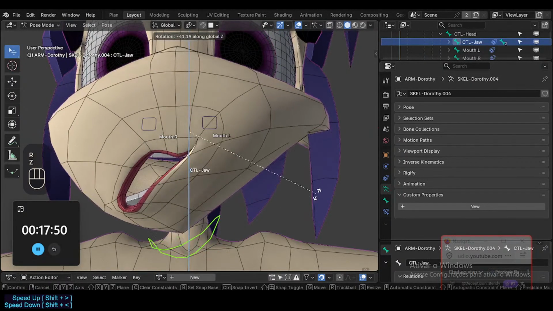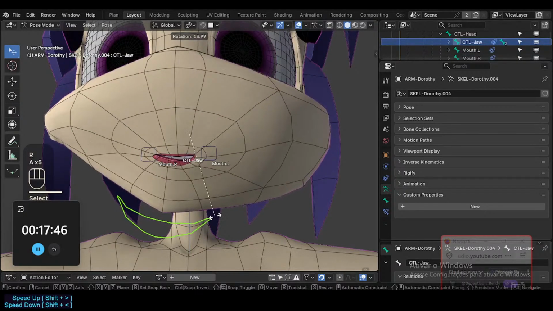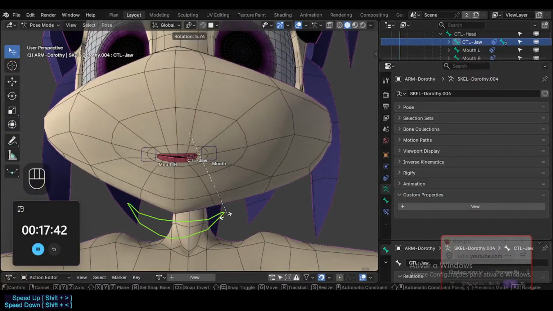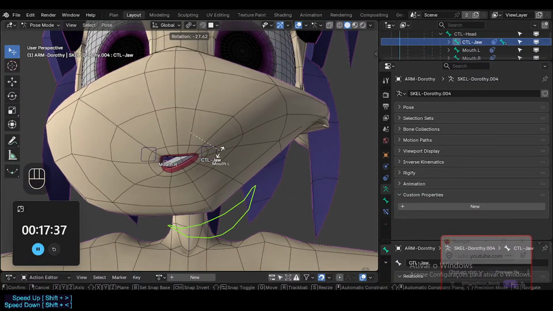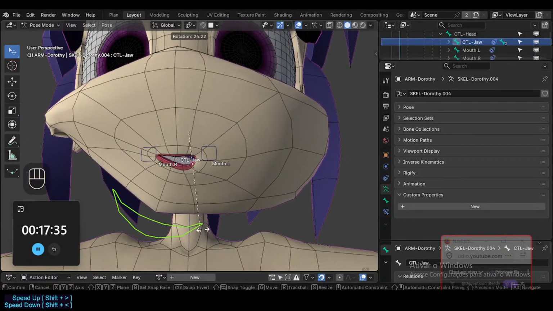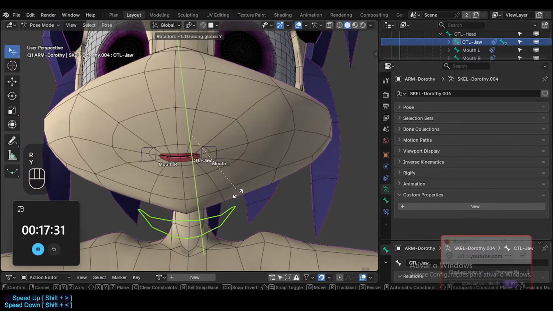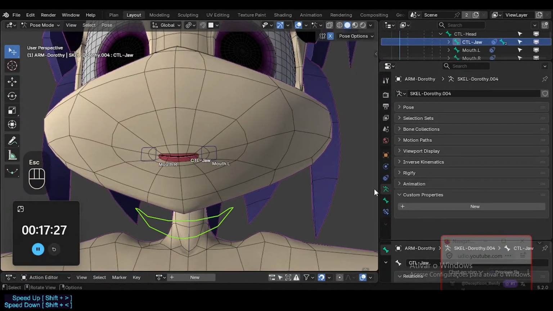So there's some things that we need to be careful about this. For example, these rotations are very delicate here. It's probably not a great idea to have this rotation deliberate. Yes, this one is okay. Rotation along the